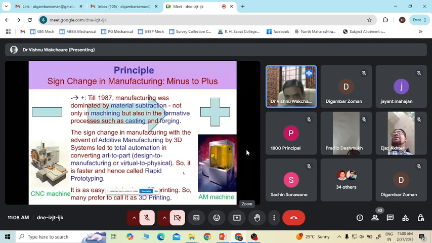So here we are looking for total automation in the form of art to part. The conventional process is product design, then prototyping, testing that prototype, testing your manufacturing systems, your product, and then launch. So the whole development cycle was a bigger one, and in order to reduce that, what we need to do